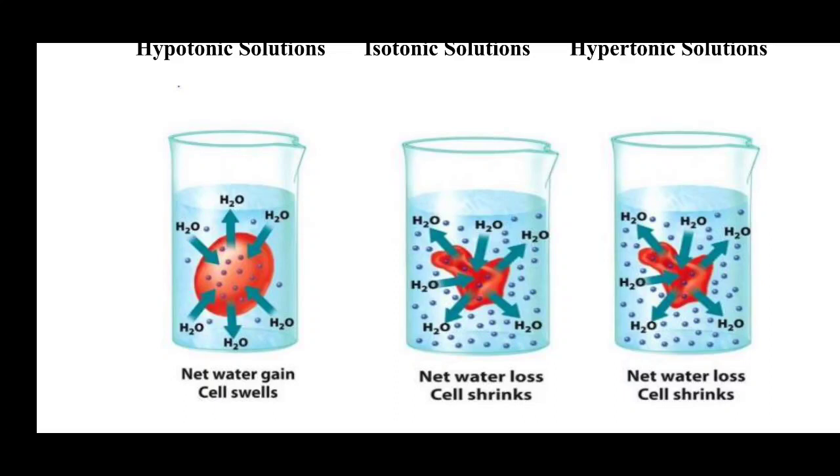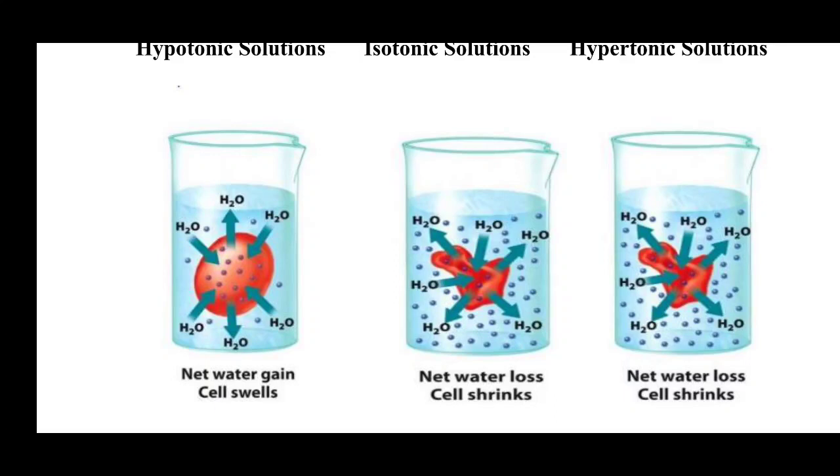You can take an example of resin. Resin is that draksh. Draksh you would have seen when you keep it in water. When you are soaking it in water overnight, what happens? It will swell. So why is it swelling? Because it is a dried form. We are removing the water from the resin. So when it is kept in water, the water concentration in the outer region will be more. So the water will move from outside, it will move inside the cell, that is inside the resin, and the resin will swell.